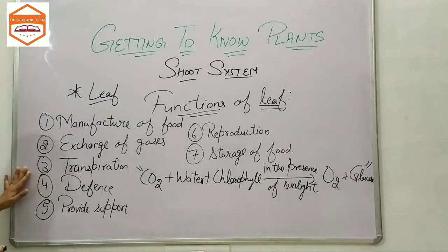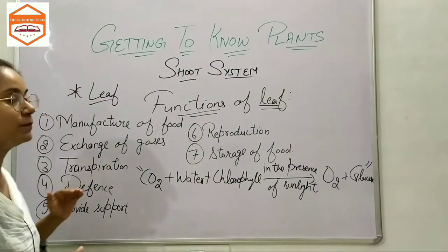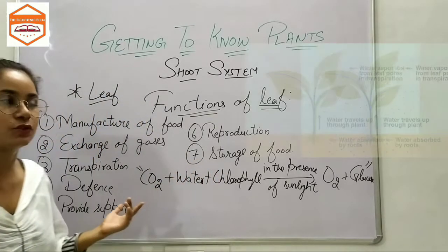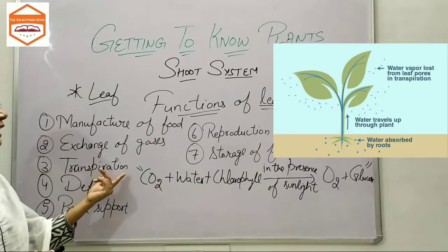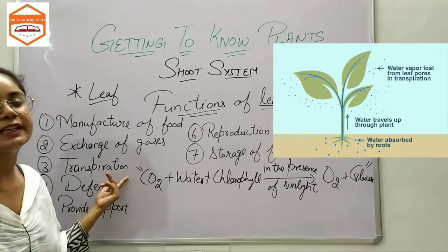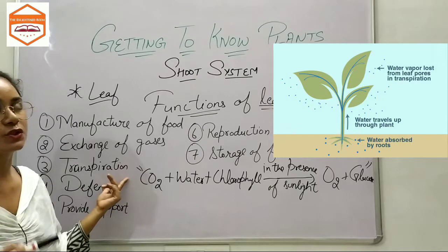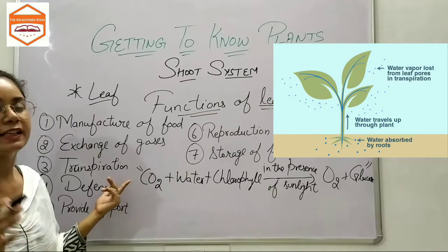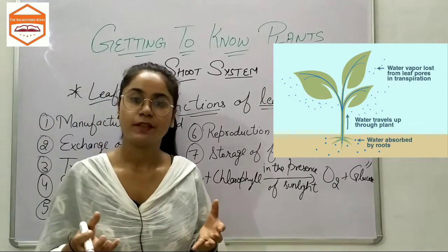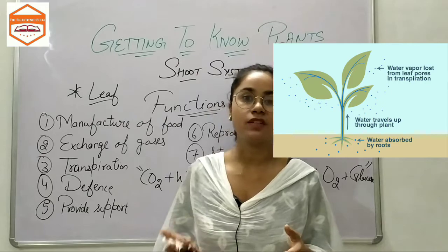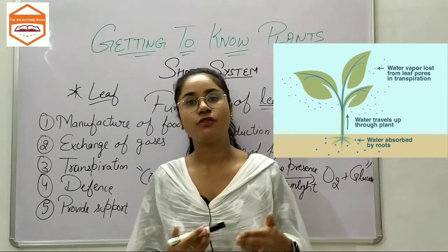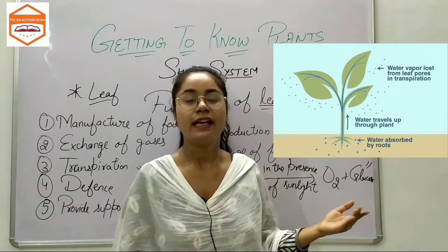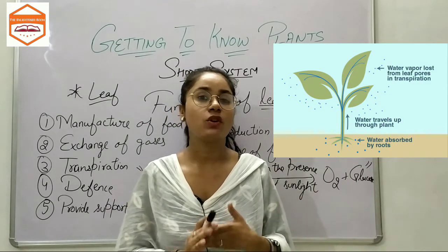Now the third point is transpiration. Transpiration is a process in which water is lost through the stomata. The loss of water through stomata is known as transpiration, and it is responsible for cooling the plant, okay, because all the plants have stomata on them, and the plant absorbs a lot of water and minerals from the soil, and the water which is used in photosynthesis is used to get the energy, and the leftover water which is not being used